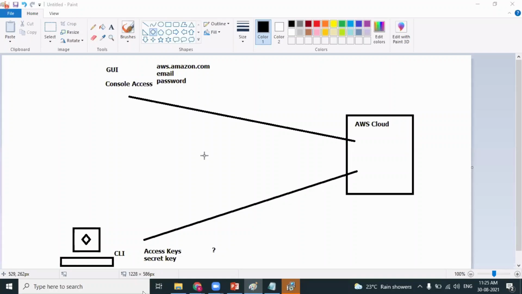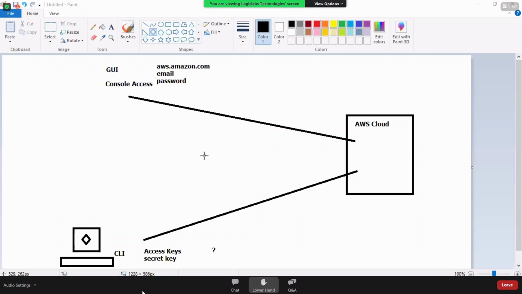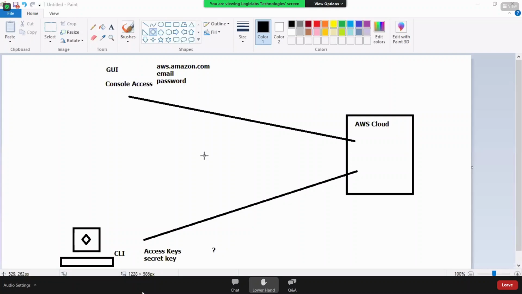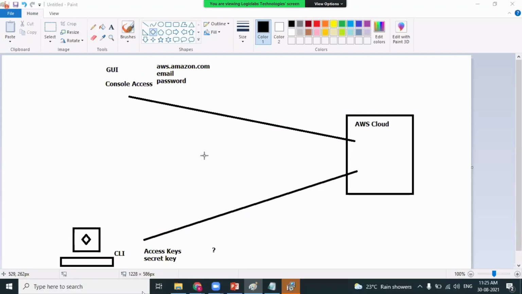One last question: for the S3 bucket, how can we synchronize or replicate to a different account? Let's say a client has two different accounts.